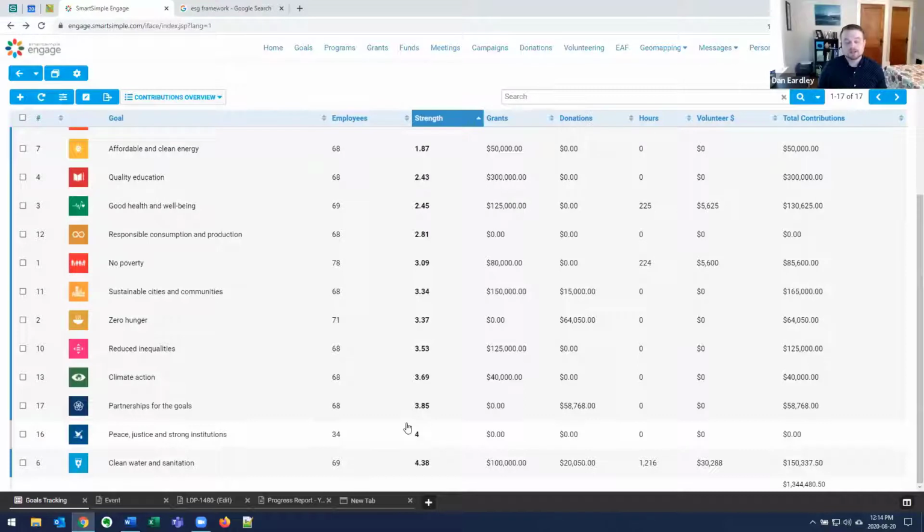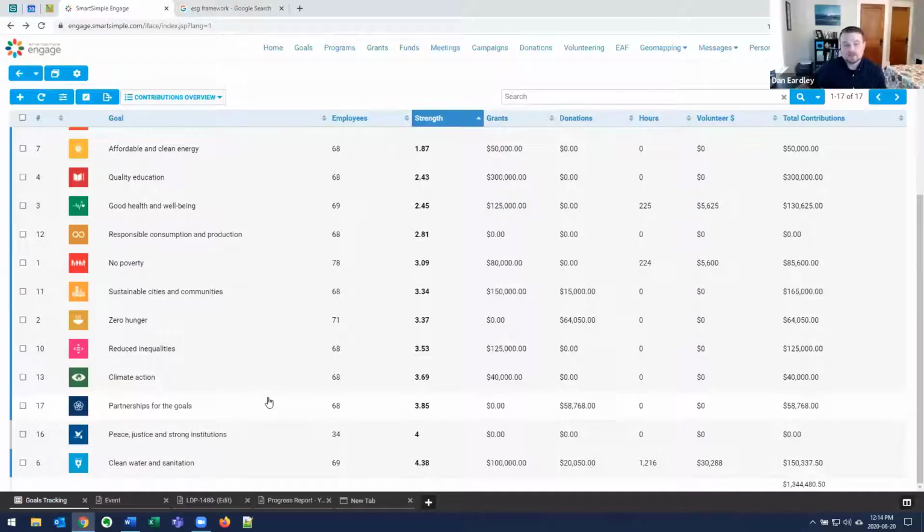They can essentially work through a simple polling mechanism to say, I'm most interested in this goal, I'm less interested in this, these are the most important things to me. By entering that into the system, we can roll that up at an organizational level, and that can help drive your CSR strategy. If clean water and sanitation is the most important goal to your employees across those that you've defined, then maybe more of your focus from a volunteering perspective, from your granting programs, and from employee giving campaigns could be based around those types of causes, so that your employees are more interested in the efforts you're presenting for your CSR strategy.